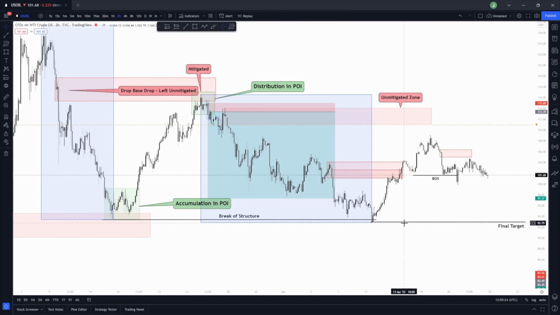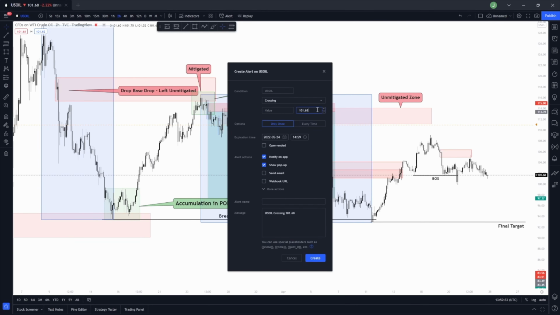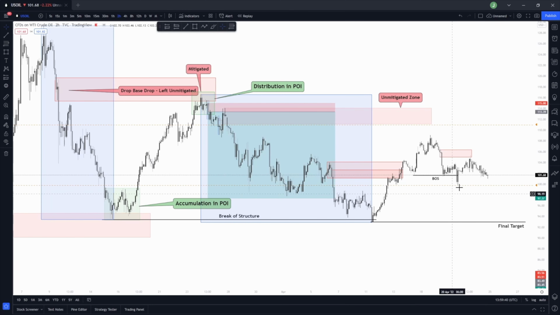So that would be around 92.9. That sort of region is where we're looking to ride sells from. So as of right now, I'm going to place an alert at 99.79. I'm going to be waiting for price to break this low, look inside of this region for any supply zones to look to sell from, and then obviously wait for price to deliver, find entry confirmation, and then look to